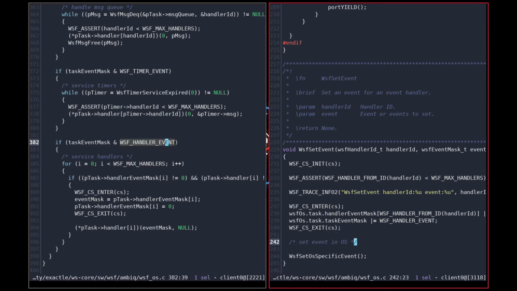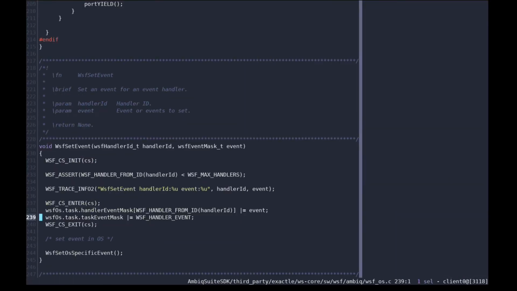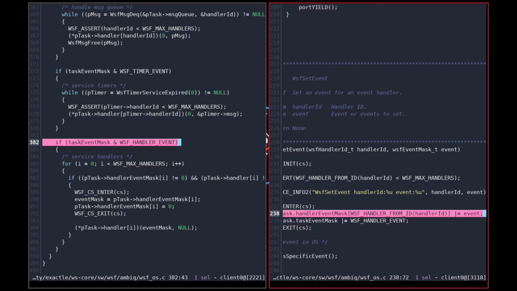And as I mentioned before, those two lines, first of all, the first one sets a bit in a handler event mask for a specific handler, and then the global state turns on the handler event. So here, if the global state has this handler event bit set, then we use this handler event mask